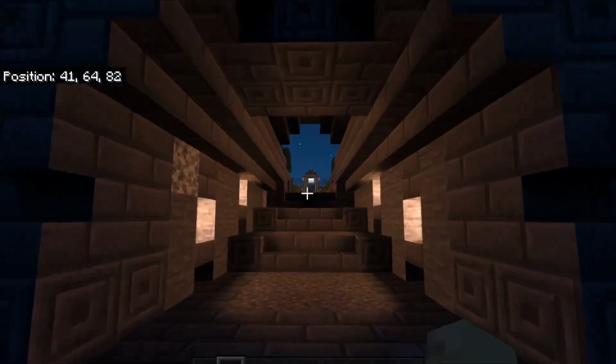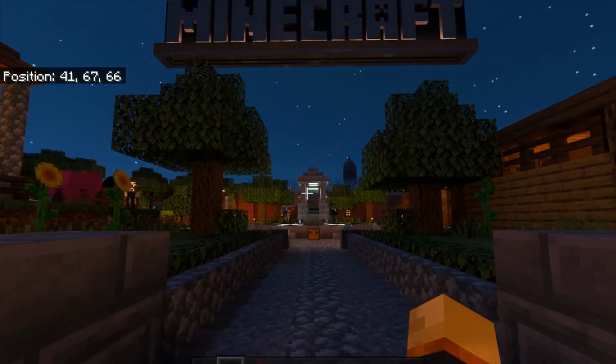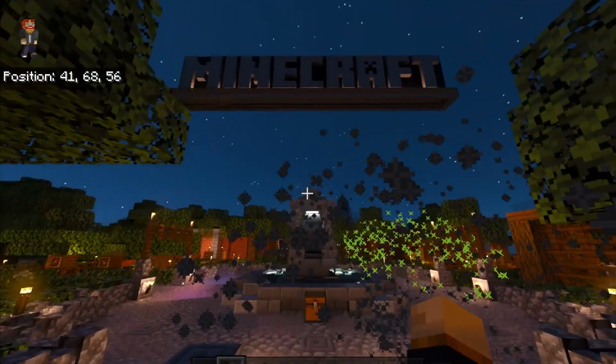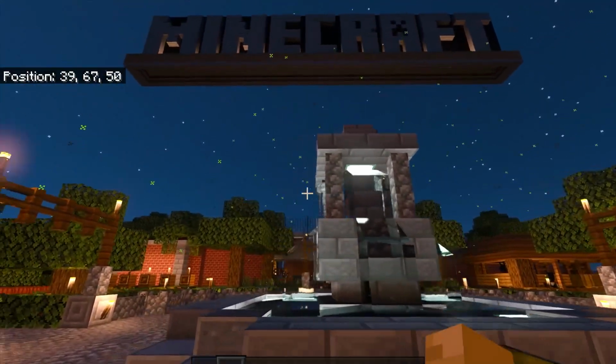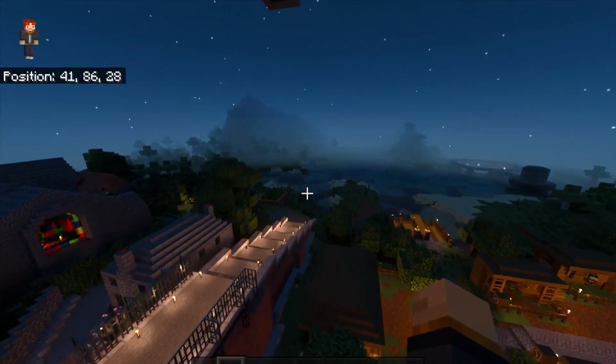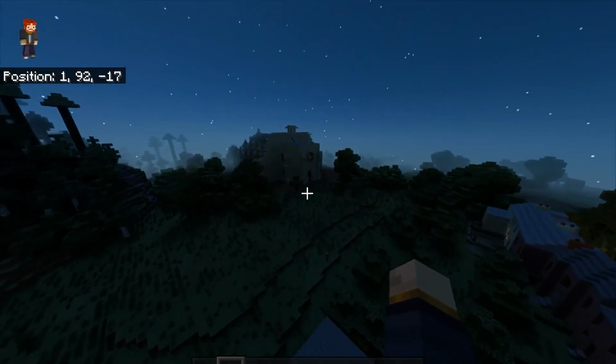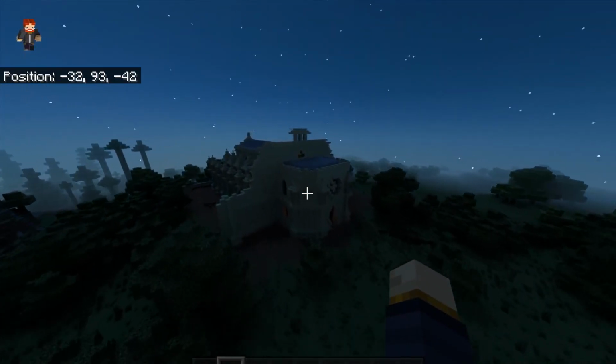Our next world is title update 31, and at the time of this world coming out, this is actually by far one of the biggest worlds that we ever got for the console edition. And there are some builds that are based off of real places that you can find in Scotland as well, such as that cathedral. This cathedral all the way down here is based off of a real place that